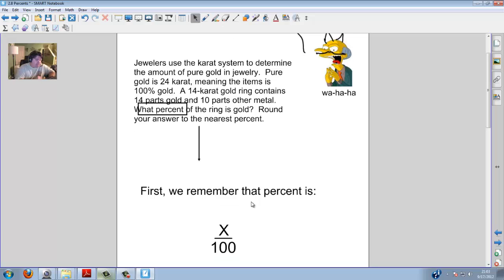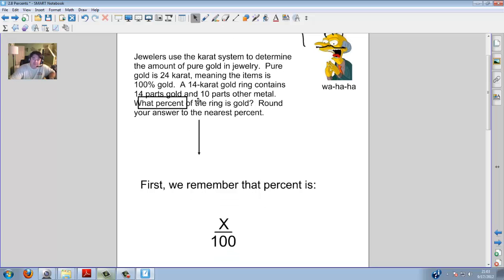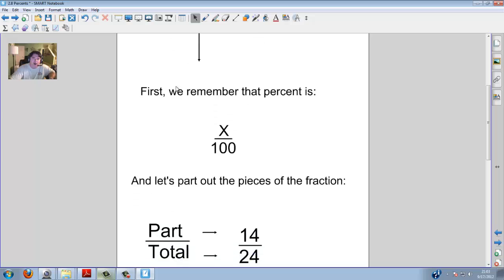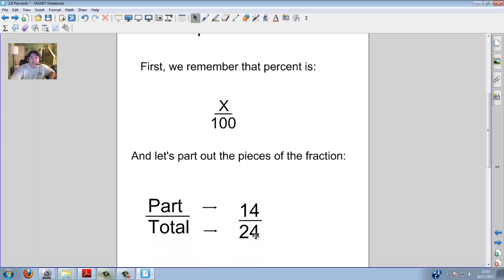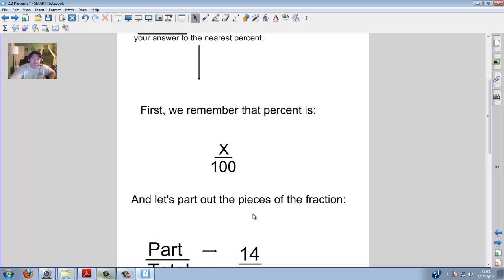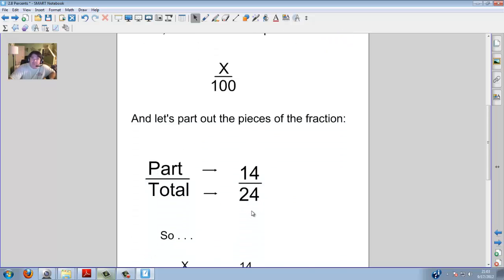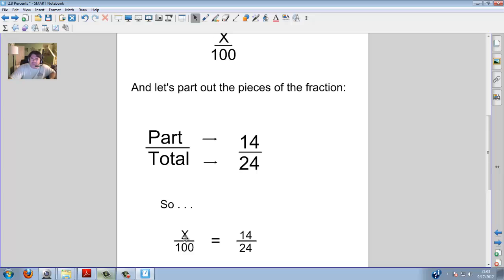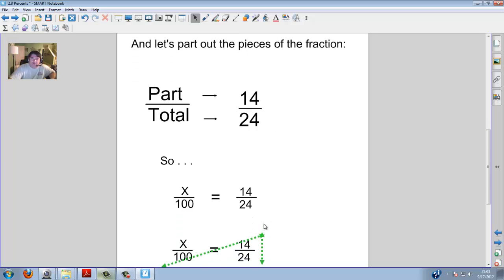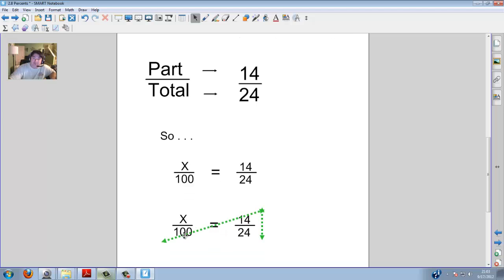Now we got to get the players involved. Well, I want to know about a 14 karat ring. 14 karat out of a possible 24, I think you know what to do. Part was 14, total was 24. You might want to jot this down for these word problems, as you will see this again. Hint, hint. So we'll try this: X over 100 equals 14 over 24. Because remember, 24 is pure, which is total. 14 is part, which is what you got. Criss cross applesauce. 14 times 100